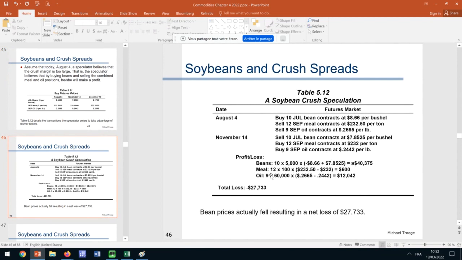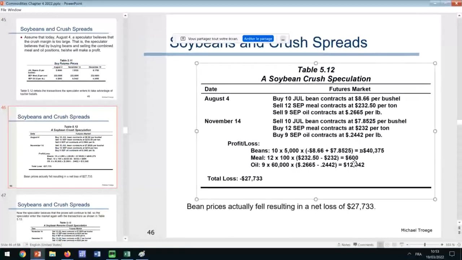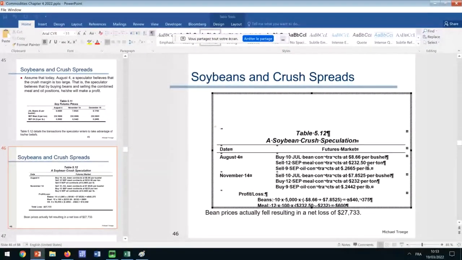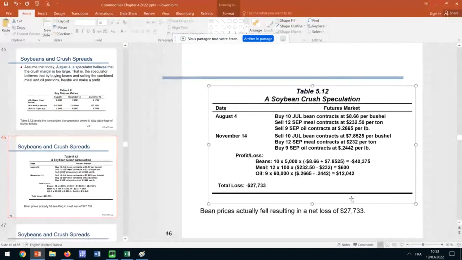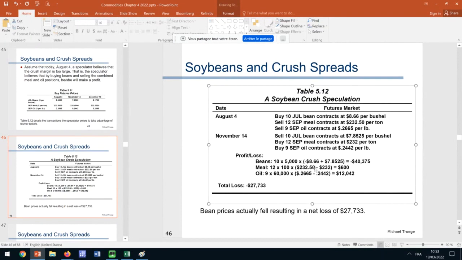There's a strange variable here, but it doesn't matter. So the bean contract, we were long in beans. The beans went down, so we were making losses on the beans, and this is a negative sign here. This strange thing here should be a negative sign. The strange sign is here. Maybe I can just get rid of it. Okay, so we make $40,000 of losses on our bean contracts because we were long and the prices